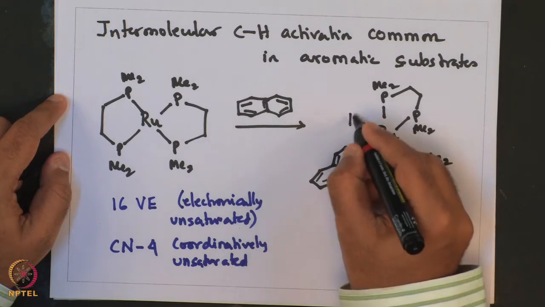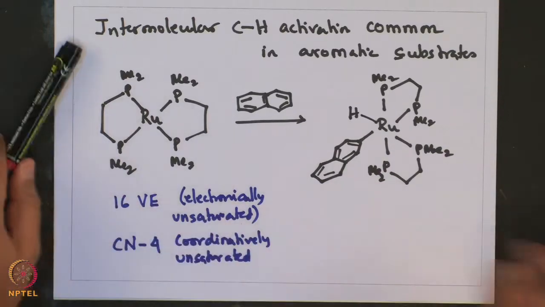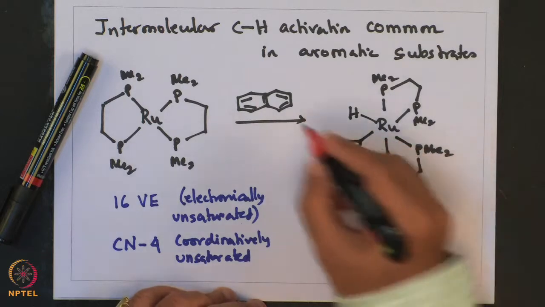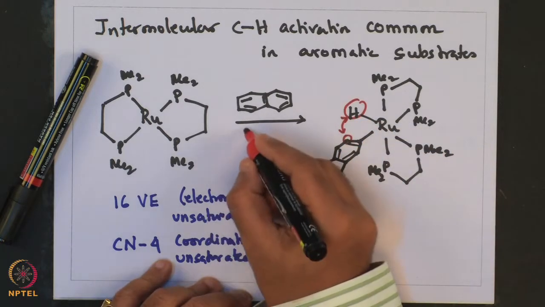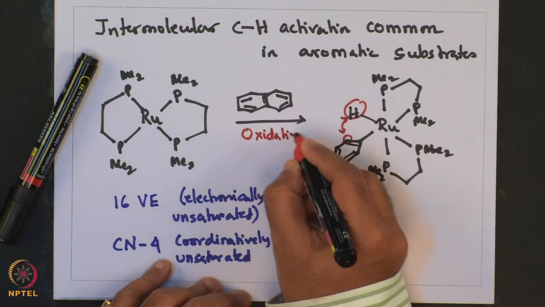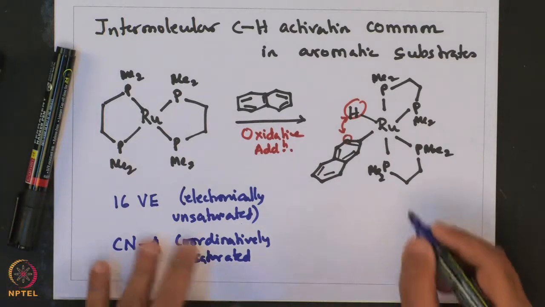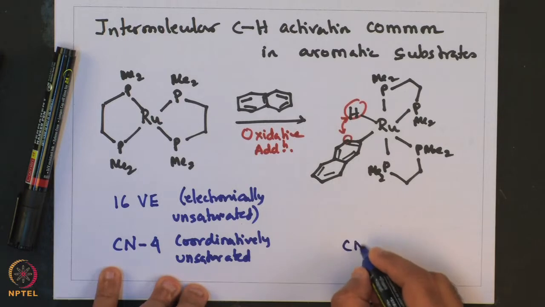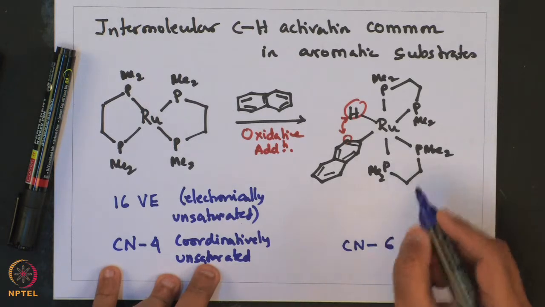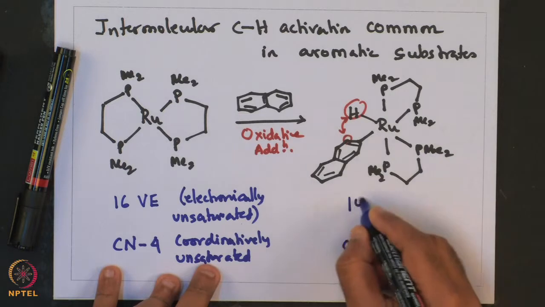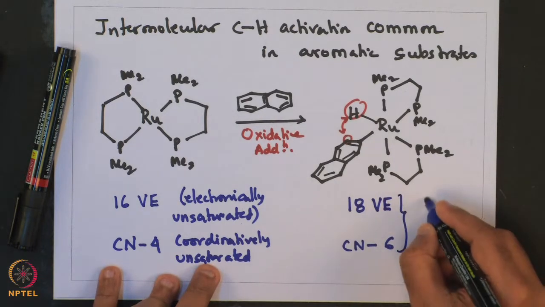and ruthenium is bound to this naphthalene moiety as well as the hydrogen. So, here the activation of a CH from this carbon and this hydrogen has happened as a result of oxidative addition. Hence, the coordination number now has increased to 6. So, it has become coordinatively saturated and it has become an 18 valence electron complex. Thus, this has become saturated